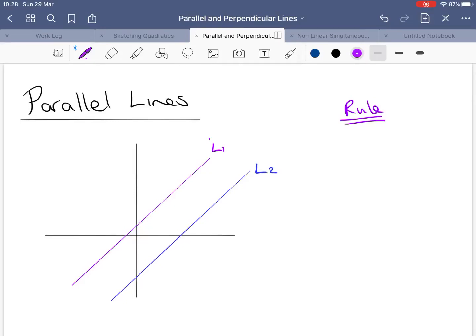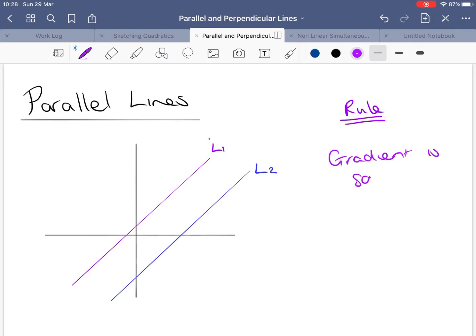Okay, so today we're going to look at parallel and perpendicular lines. On the little diagram that you can see, we've got two lines, L1 and L2, that are parallel. And we've done this at GCSE, and we all know that the rule for parallel lines is that the gradient